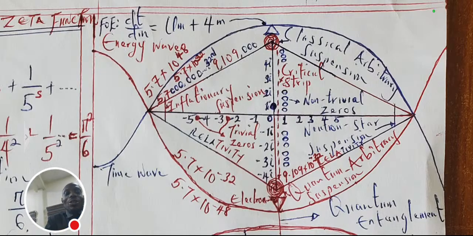Then if it is instant, then we shouldn't have this elongation that will bridge right from the classical arbitrary suspension down to the quantum arbitrary suspension. So we still have this